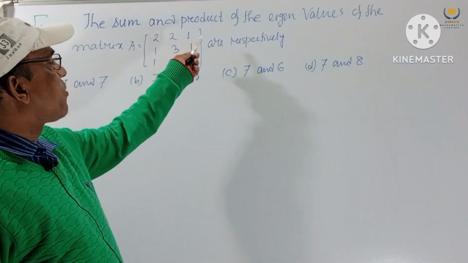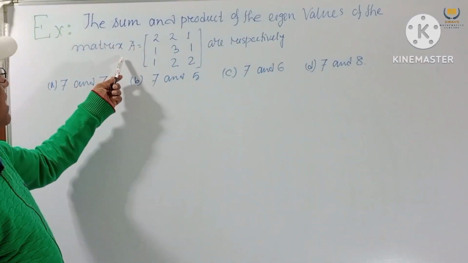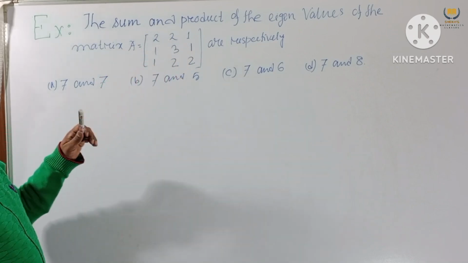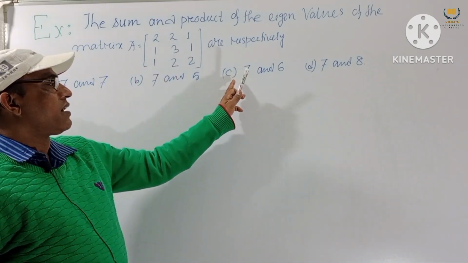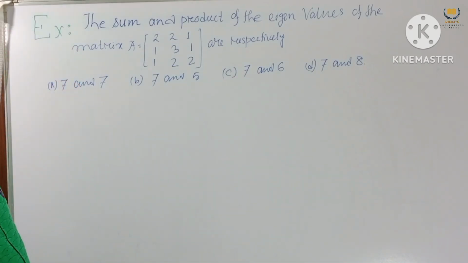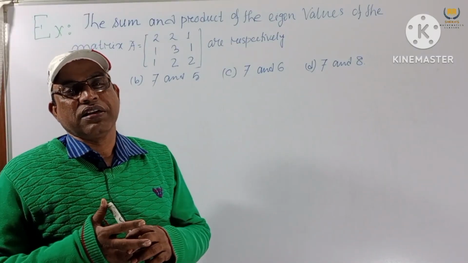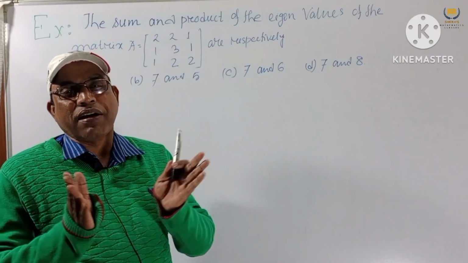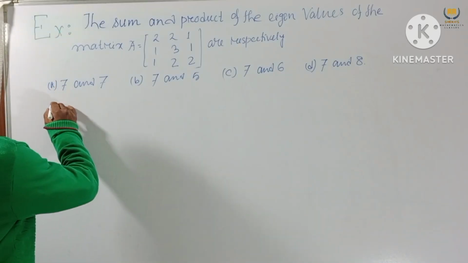The sum and product of the eigenvalues of the matrix A are respectively: option A, 7 and 7; option B, 7 and 5; option C, 7 and 6; and option D, 7 and 8. So we have 3 eigenvalues. Then if we add and multiply, what will be the result? The options are given. Now solution,